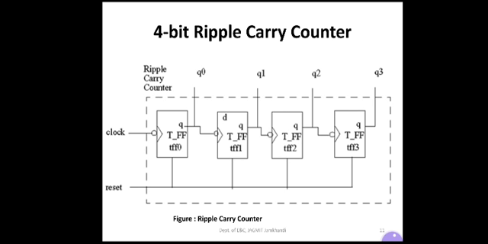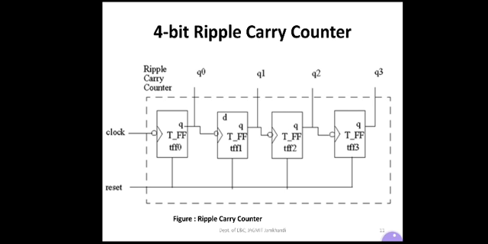So here this figure shows the 4-bit ripple carry counter because there are 4 T flip-flops used. The ripple carry counter shown in the figure is made up of negative edge triggered toggle flip-flops, or T flip-flops. So why negative edge? Because as you can see in the figure, the clock pulse consists of a bubble. A bubble represents a negative edge triggered flip-flop.